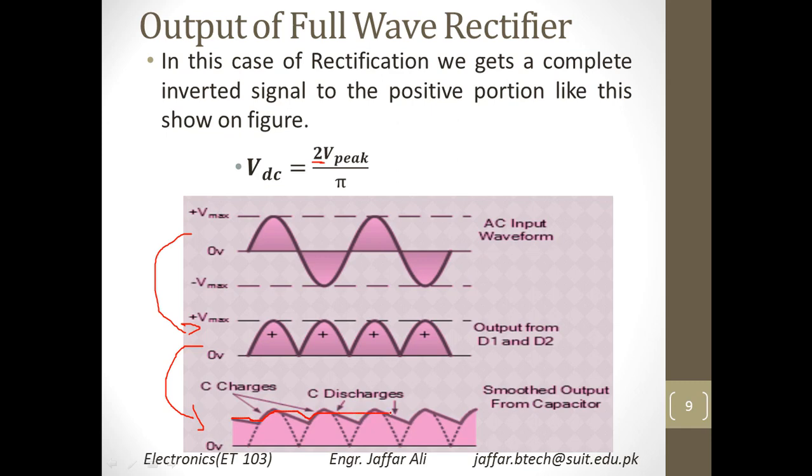Basically we can make it like a straight line by the use of a capacitor, and this is known as a filter. In technical terminology, this is known as a filter in power supplies. What does the power supply do? It basically transforms the high voltage AC into low voltage DC in your mobile phone charger, your laptop charger, or any small electronic device.